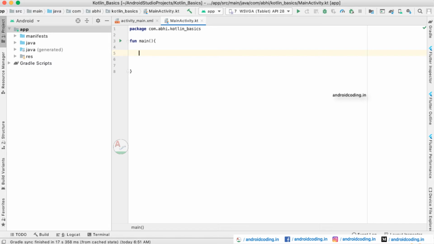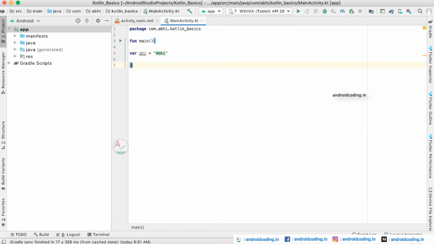Here there are two ways of declaring a variable: one is mutable and another one is immutable. The mutable way of declaring a variable is by using var, and here we can provide any name for the variable. I am providing ABC for example, and I am providing a value Abhi over here.